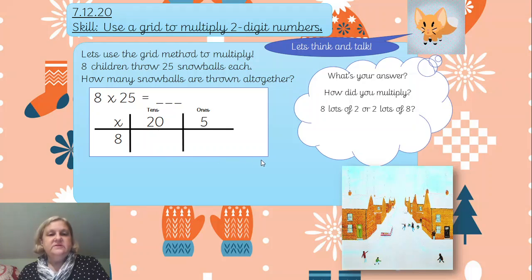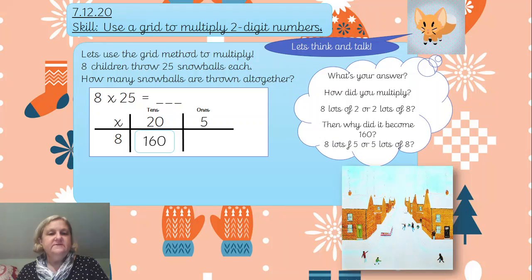So it doesn't really matter which way round. So 8 lots of 2 or 2 lots of 8 is 16, and then we've got to do our whizzy thing, adding our 0, moving the digits one place to the left to get 160, and then 8 times 5 is 40. 5 8s are 40,